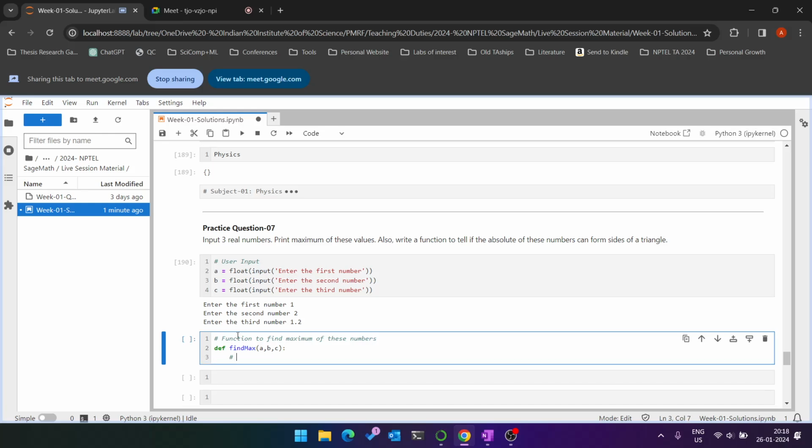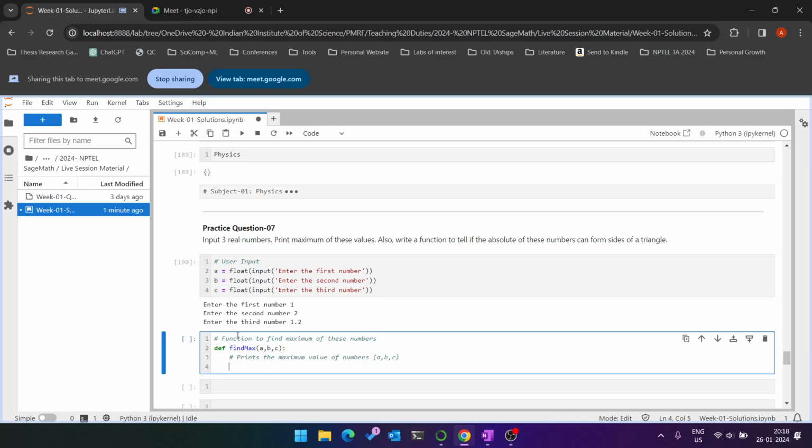The first one prints the maximum value of numbers A, B, C. The first one is a straightforward comparison where you check if A is greater than or equal